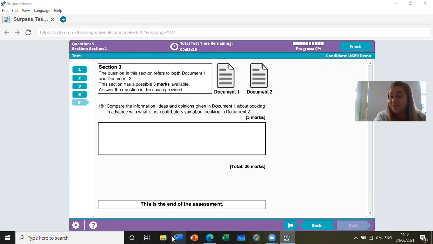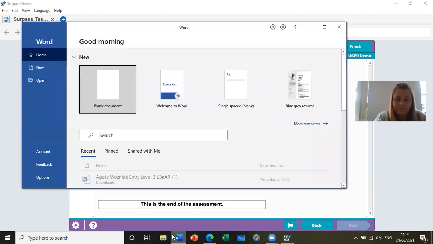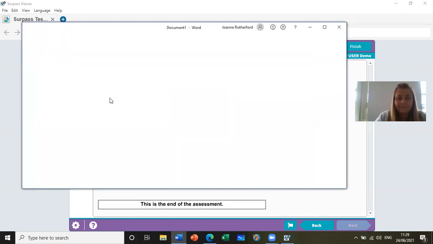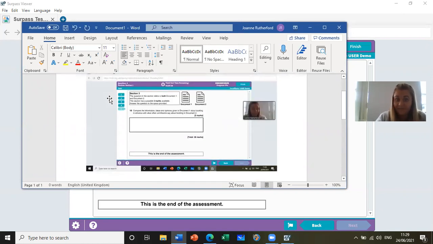It's just open now. It takes a little bit of time. My computer is a bit slow. And open up a blank document. And paste. And then you can see,